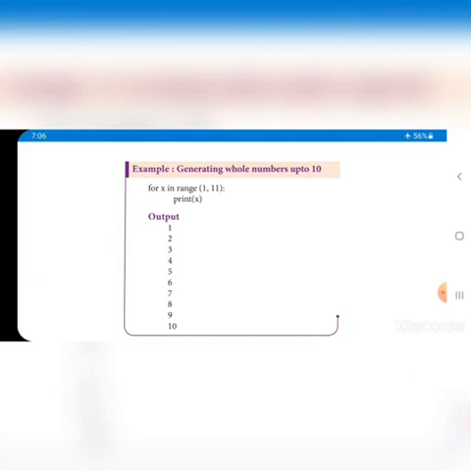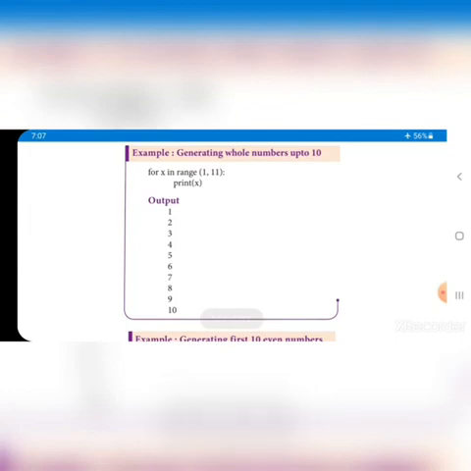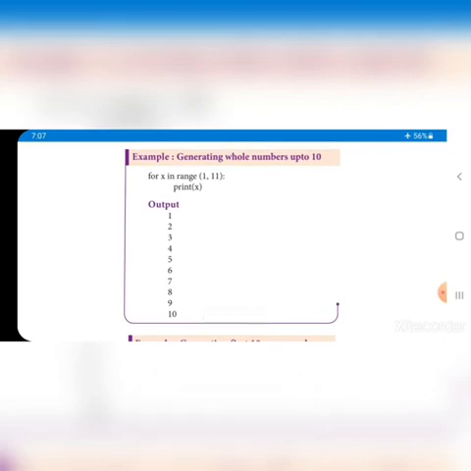Just we are creating a for loop, for x in range. x is the variable in which we are going to store the value. For x in range, start value from 1 and end value of 11. See one thing: the end value given in the range is a less-than value, that means the upper limit is not reached.